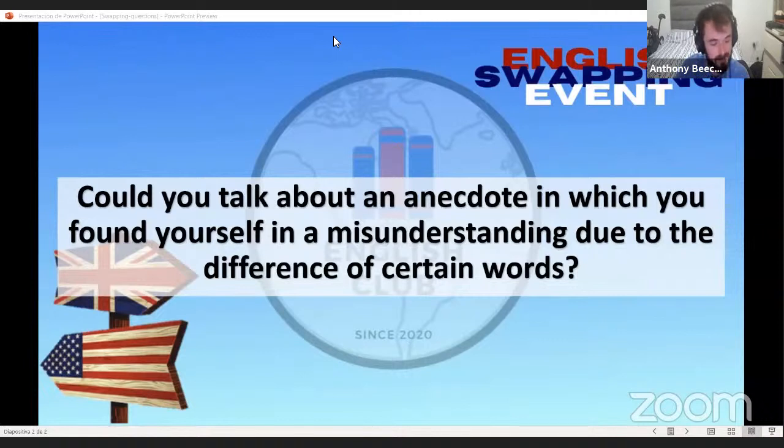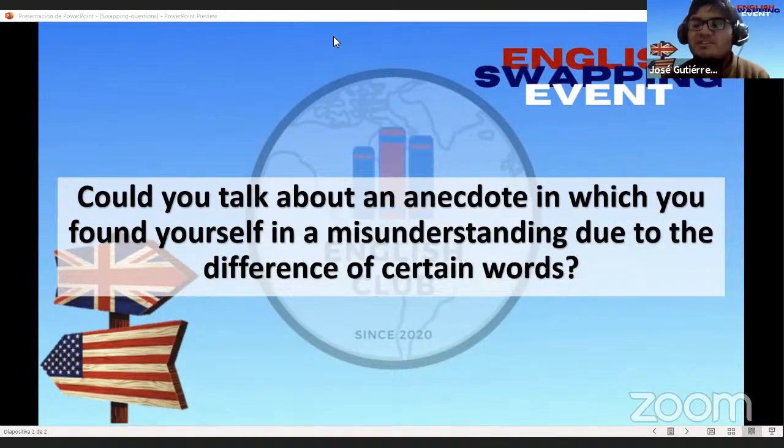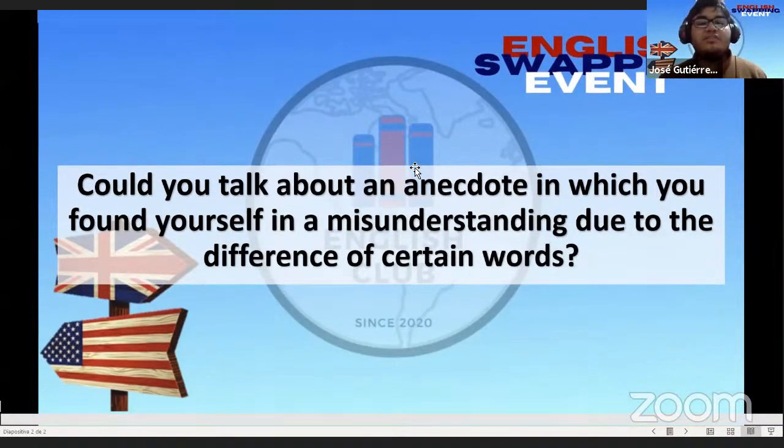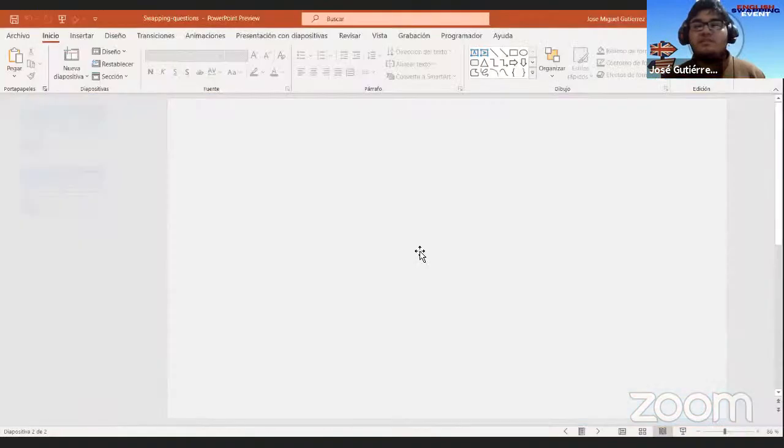Es todo. Okay, thank you for that explanation. It was really useful because you said it in English and then in Spanish. So yeah, we have already finished with the first section, which was related to questions about the accents and pronunciations, misunderstandings in general. So we can start the second section of this event, in which we are going to create